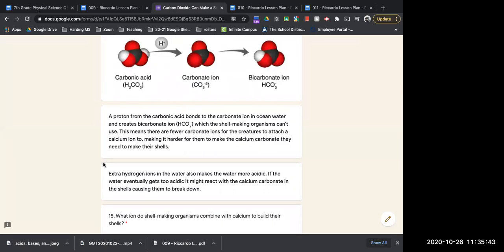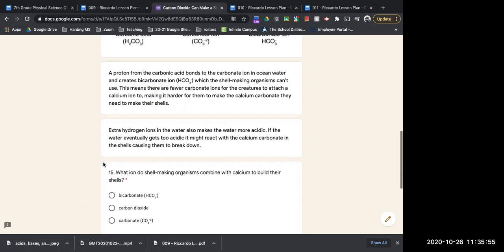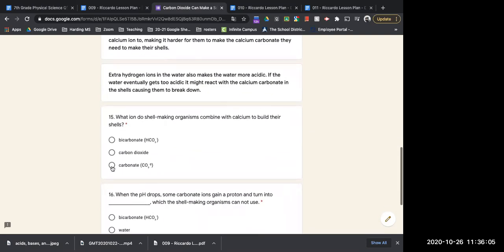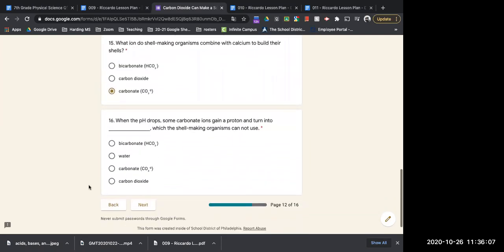Extra hydrogen ions in the water also make the water more acidic. If the water eventually gets too acidic, it might react with the calcium carbonate in the shells, causing them to break down. So, what ion do shell-making organisms combine with calcium to build their shells? That's carbonate. When the pH drops, some carbonates gain a proton and turn into bicarbonate, which can't be